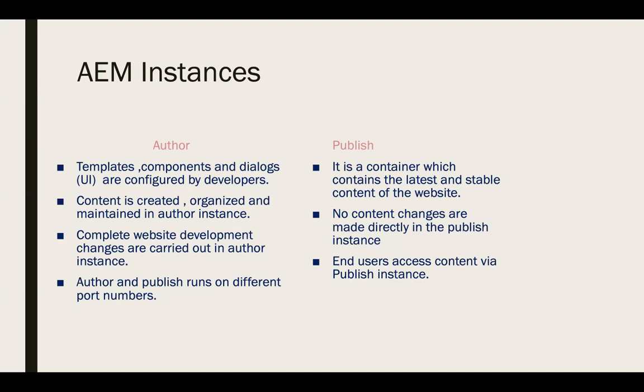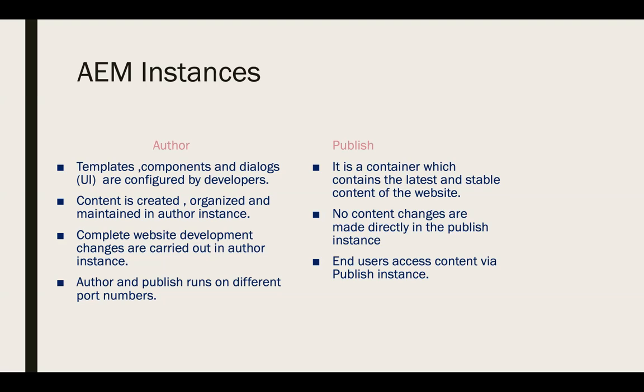I just want to take it back. It depends on how you want to set up. In the final production environment, you let authors author content and publish it to the publish instance. Yes, authors are working in the authoring instance of the production environment, and they publish to the publish instance of the production. But if authors are working in a previous environment, let's say staging, and in the production you don't have any author, then they directly publish to the final instance of the production environment.